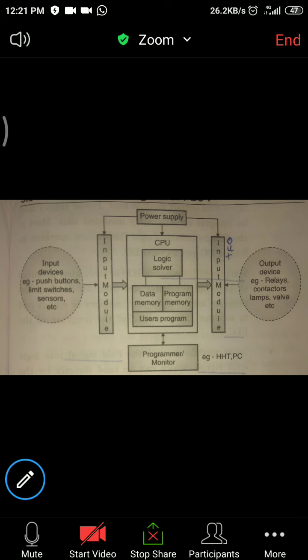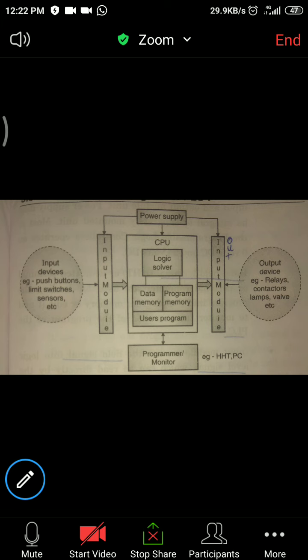And logic solver is nothing but the ALU. Whatever program is written, the decoding of the program or instruction is done by the logic solver, and then the logic solver takes the action based on the input. It takes the program from program memory, takes the action, generates the response, and that response is given to the output module.